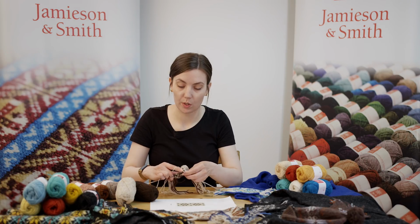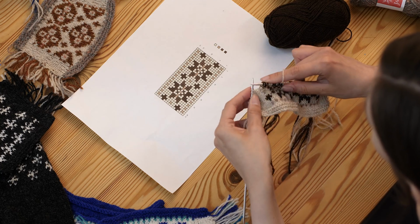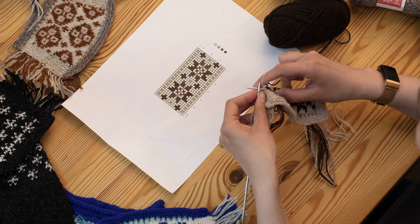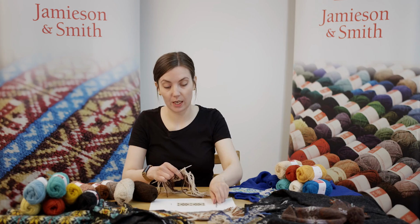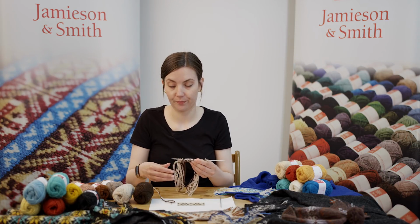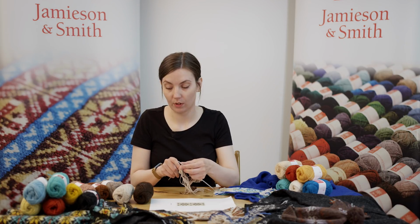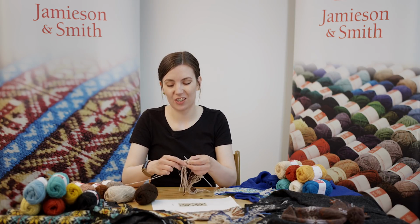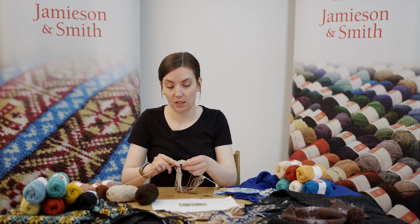Okay, we get to the end. 1, 2, 3, and then your 5 plain stitches at the end. Okay, so then you just break it off. And then start again. So it's just a lot of stopping and starting, but once you get into a flow, I can kind of fly through it